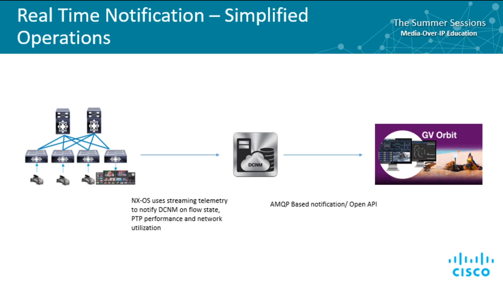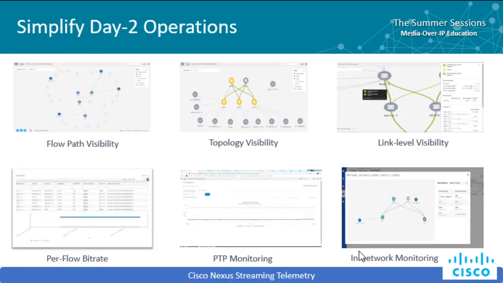So GV Orbit becomes a single pane of glass where the broadcast team can get this end-to-end visualization of how the flows are traversing the network, and the health, the bandwidth usage, the CPU utilization, the memory utilization, all of that is fed to GV Orbit, and all of this is done in real time. So that solved one of the biggest challenges, getting this complete visibility into what's going on in the network. As you advance the slides, if we go to the next slide, we'll talk about